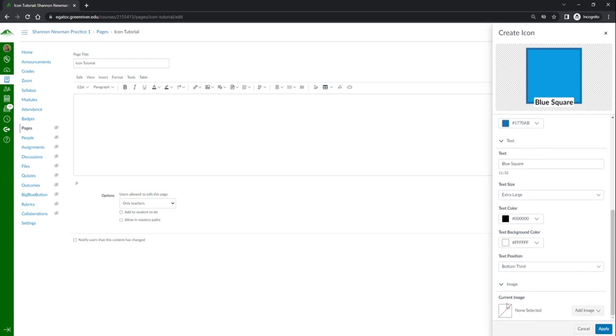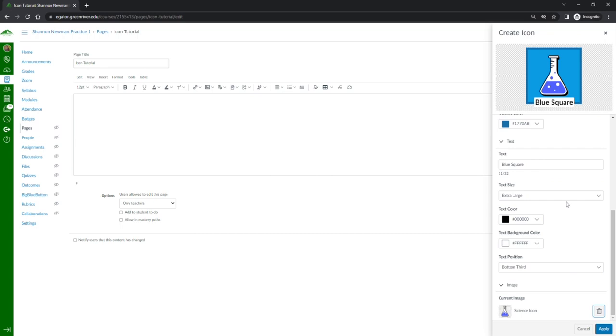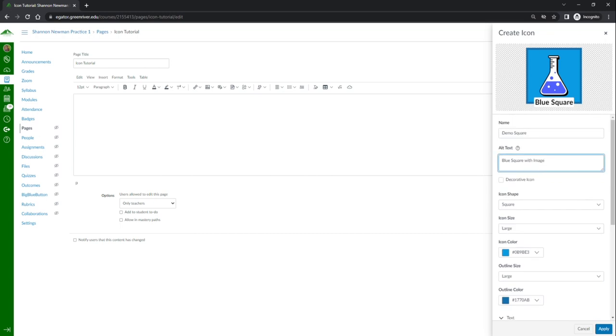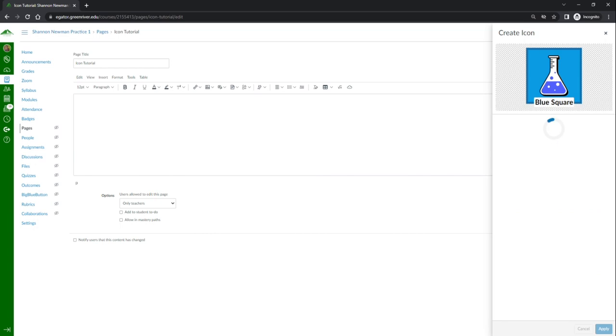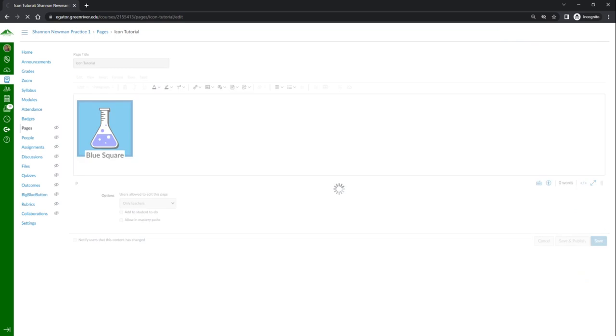And then finally, you can add the image. There's just some default icons. So there's these single color ones that are just black and white. You can also choose a multicolored image, which are kind of fun. And so you select that. And so you might consider changing your alternative text to reflect whatever you place there. Once you're happy with how your icon looks, you will click apply. And your icon will fit. And then we can click save, and there we go.